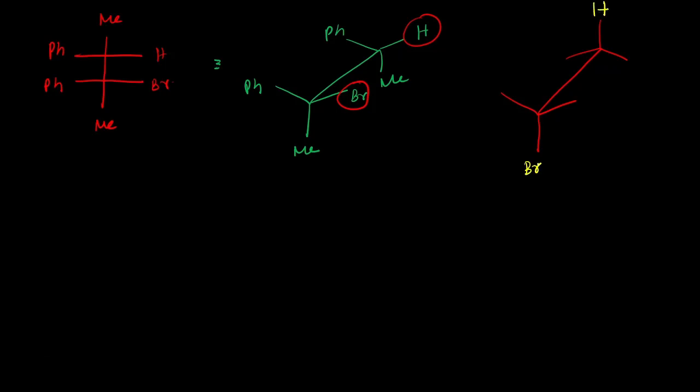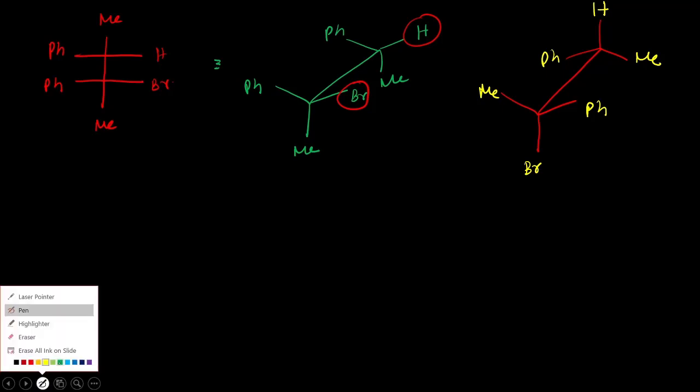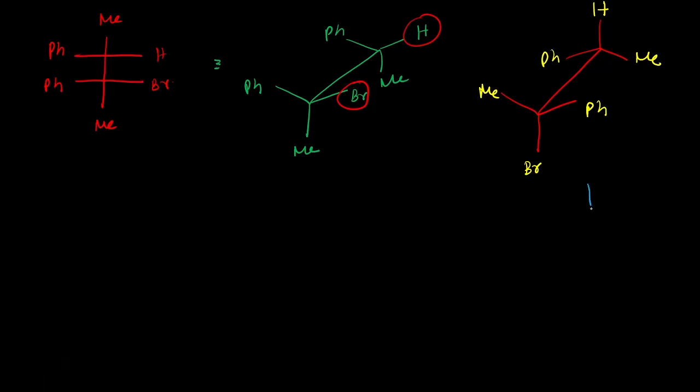Okay, so to maintain the stereochemistry, we can write methyl over here and phenyl over here. And we can write phenyl here and methyl here. Now hydrogen and bromine, they are anti-periplanar. Alcoholic KOH is used, or OH minus is used as base. So OH minus will approach this hydrogen, this CH bond will break, and this is going to be our leaving